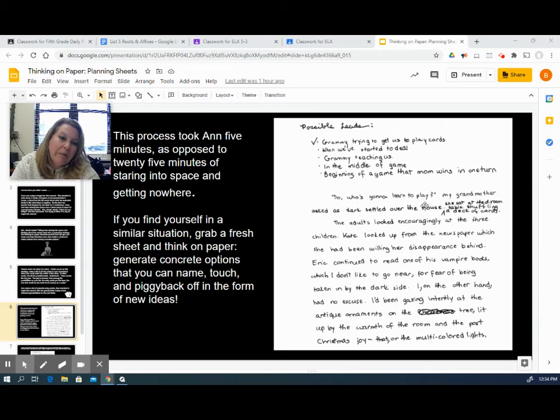"So who's going to learn to play?" My grandmother asked as dark settled over the house. She sat at the dining room table, shuffling a deck of cards. You guys can see that she started with this and then she decided she probably needed to go back and add this detail. That's why you see this caret here and you see her cramming her words into this small